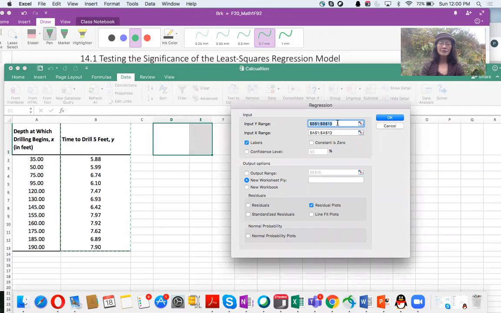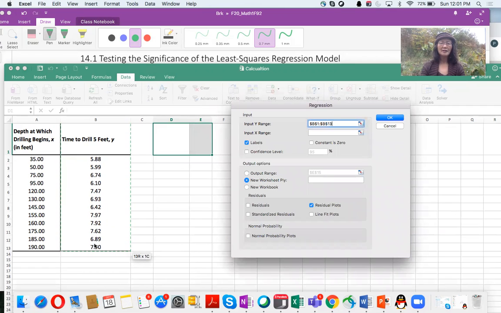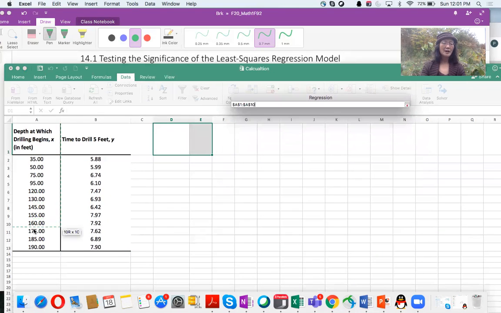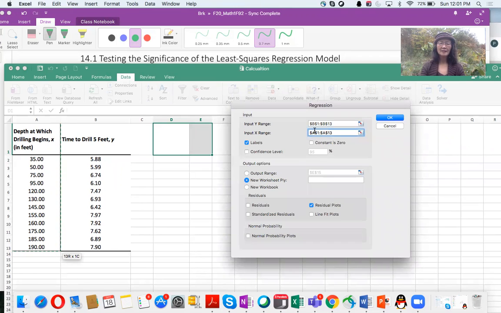Y input, I will delete the original setting so that you see I started everything from scratch. Y setting from here, B1 to B13, that is Y. As you can see, I included labels. X is from A1 to A13, okay? And then output range,